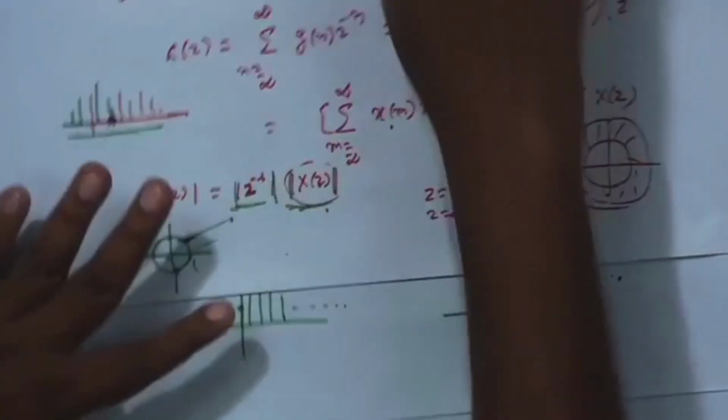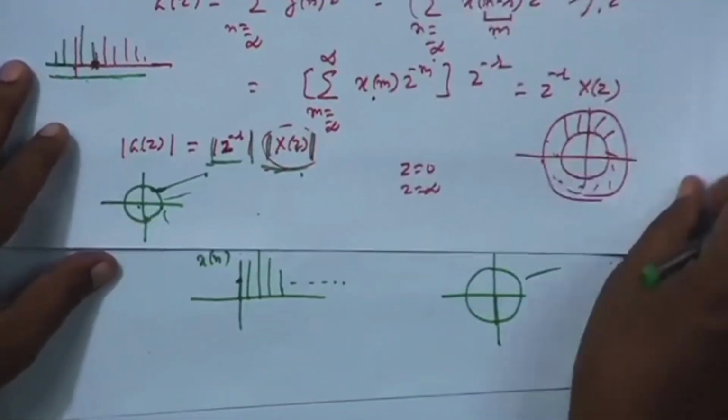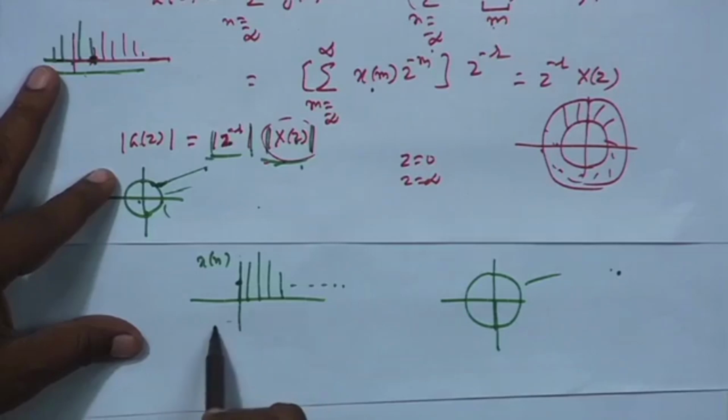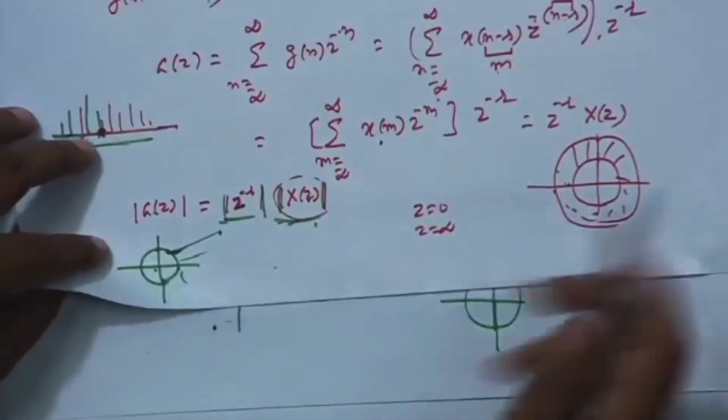If r, this shift, is negative, it will be shifted to this side. So, in that case, again